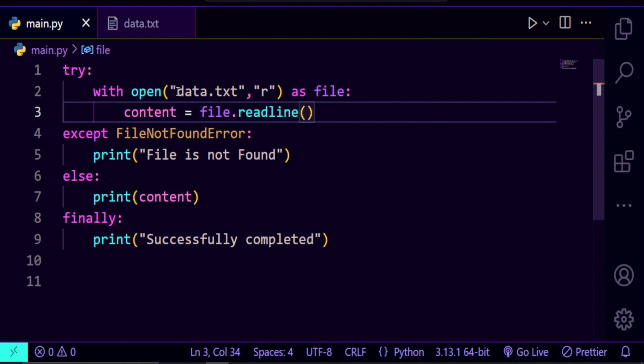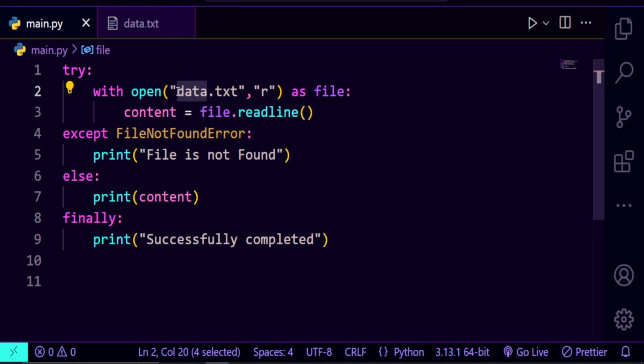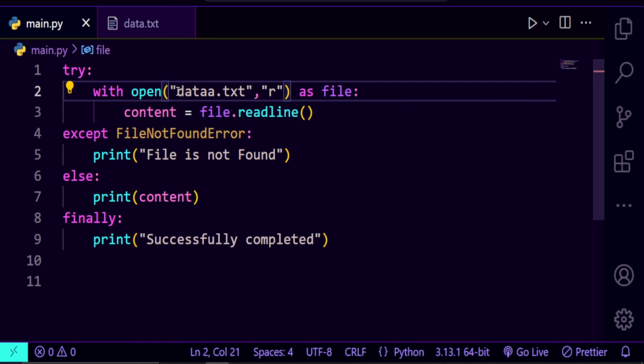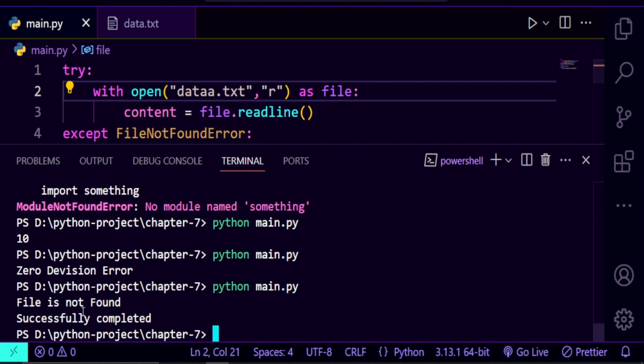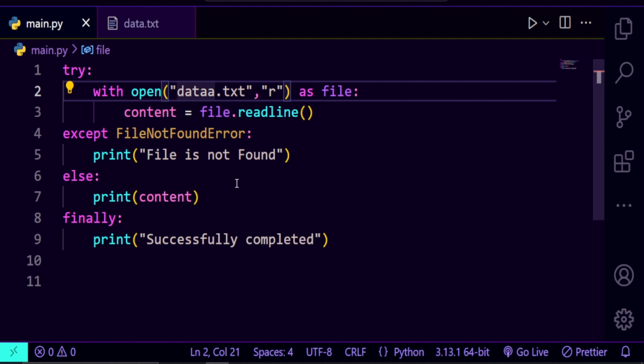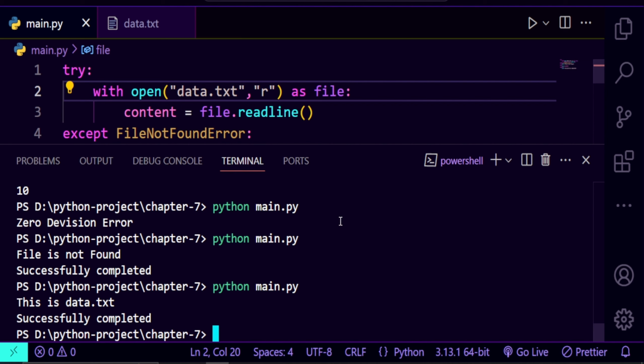Okay, data. I have made some changes here, because at that time it will show you "file is not found" and "successfully completed". Successfully completed means the program is successfully completed. Now I will read the file. When I read the file, this is the data text. When it doesn't raise any kind of error, the except block will be ignored,